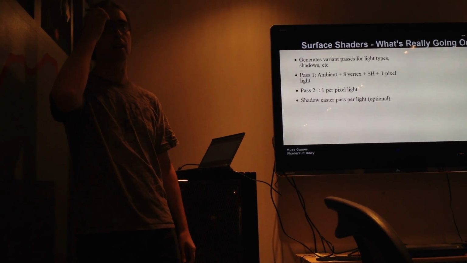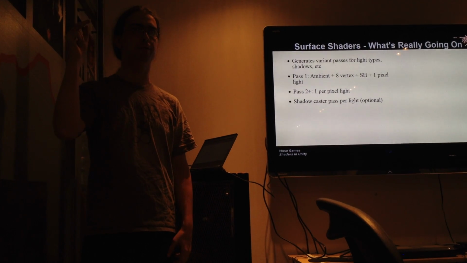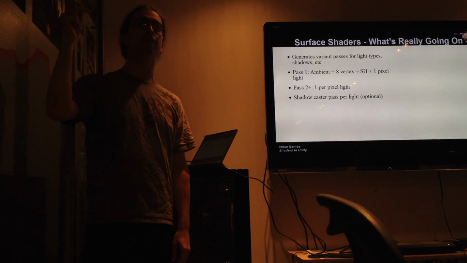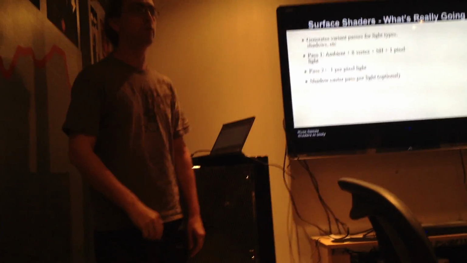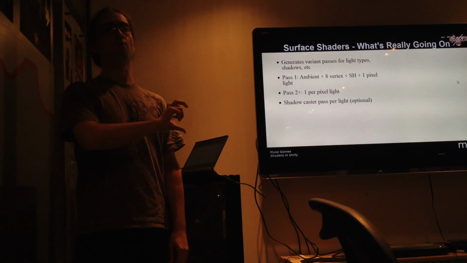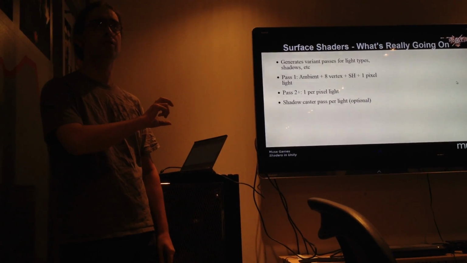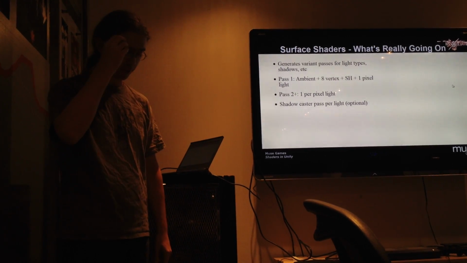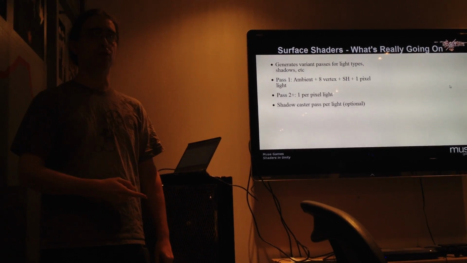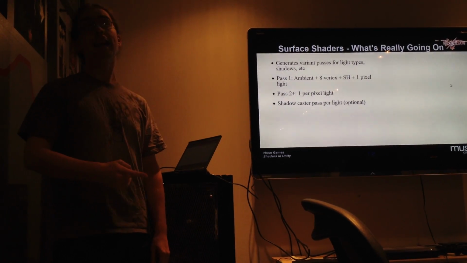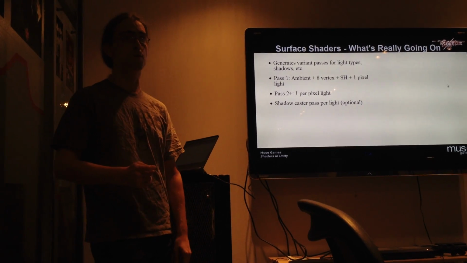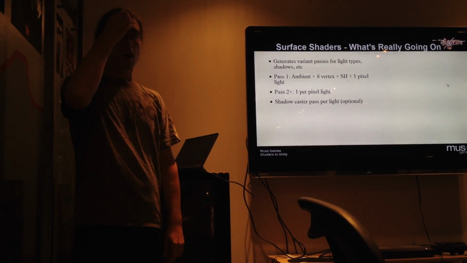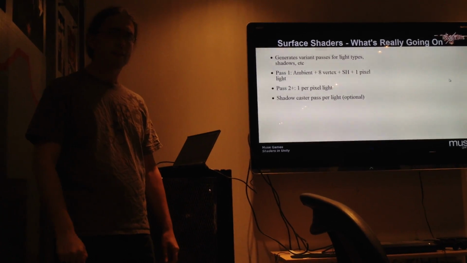So we'll flag on Unity's lights: important, not important, rather, I believe, always important, not important, let me decide. If you let Unity decide, it will take the most important light affecting any given object, and it does this per object, not per scene, so it's fairly smart about it, and do that per pixel. All the other lights, rather the next 8 less important lights, will be done per vertex, and everything else will be lumped into spherical harmonics. So this actually lets you get away with quite a lot very cheaply,